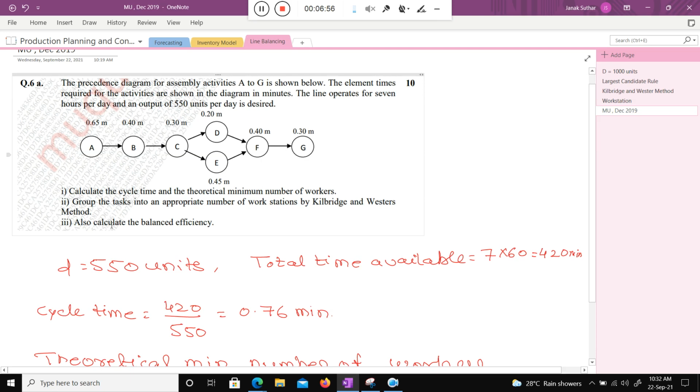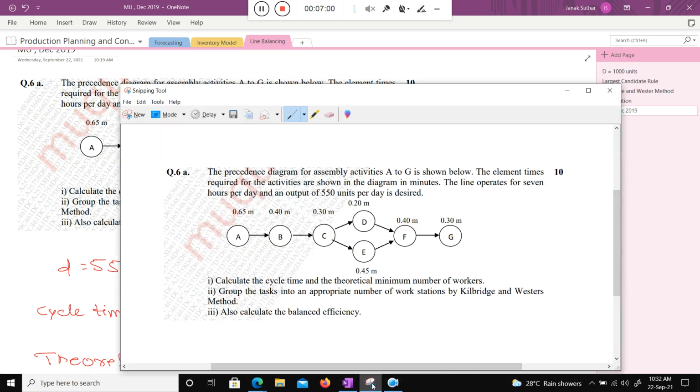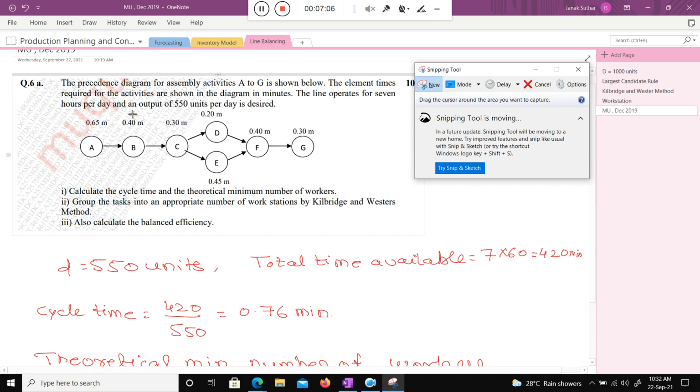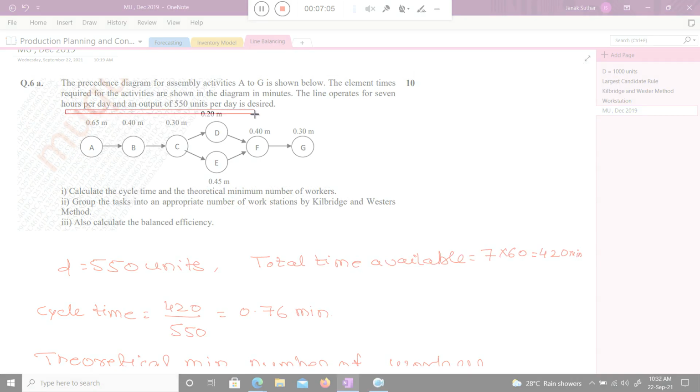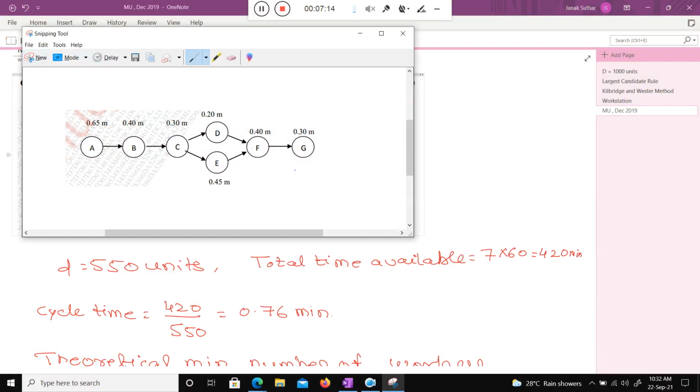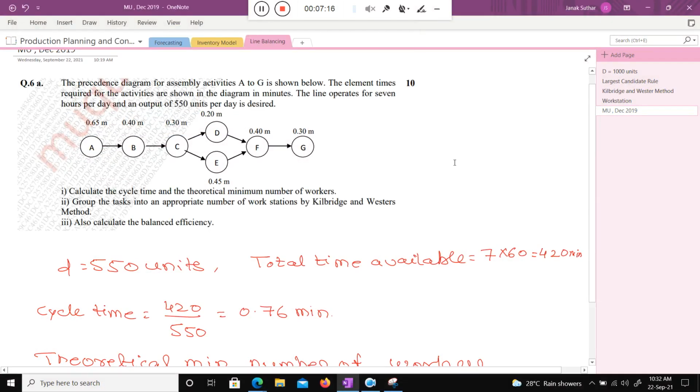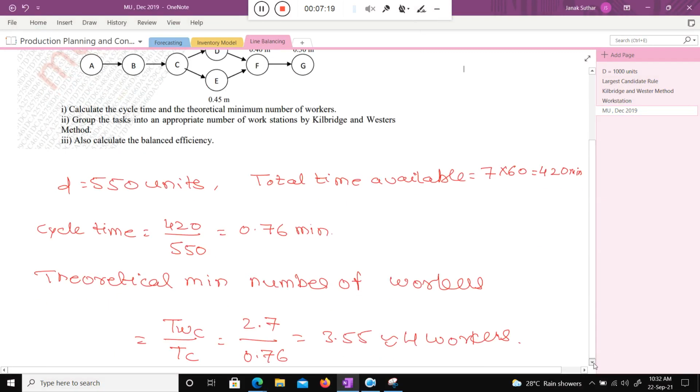First we need to draw the precedence diagram, which is already available here. So I cut this portion. This is the precedence diagram. To save time, I just copy and paste it here.